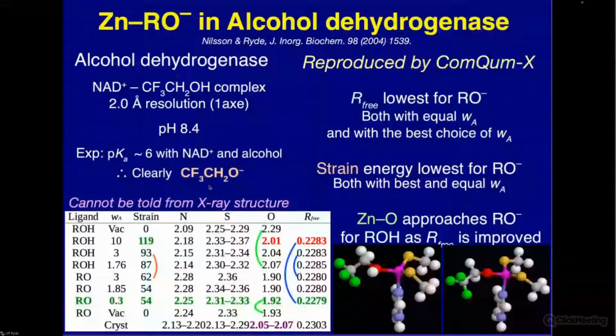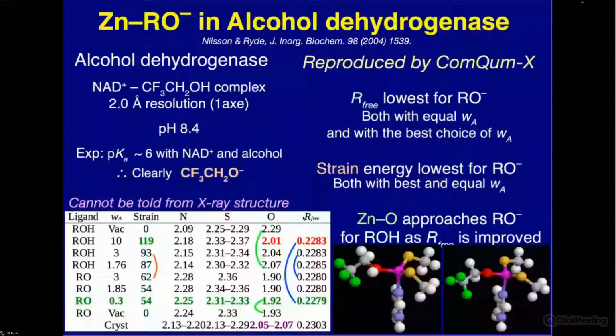What we do then is quantum refinement with both alkoxide and alcohol, so with or without this hydrogen atom. And then we see which of the two fits the crystallographic raw data best. We do that by looking at some different things. Here, the upper part of the table is the alcohol, the lower part is the alkoxide. We can, for example, look at the R3 factor, and we can see that the R3 factor is always